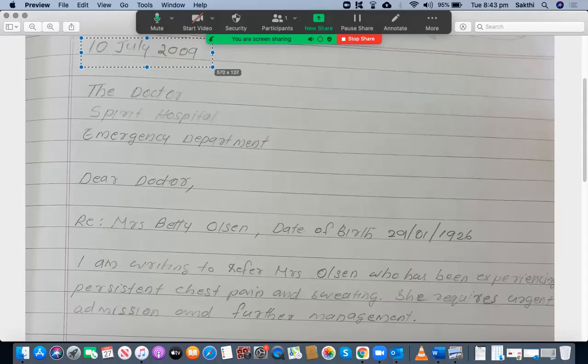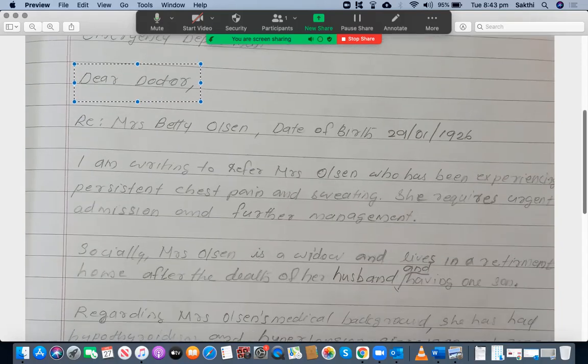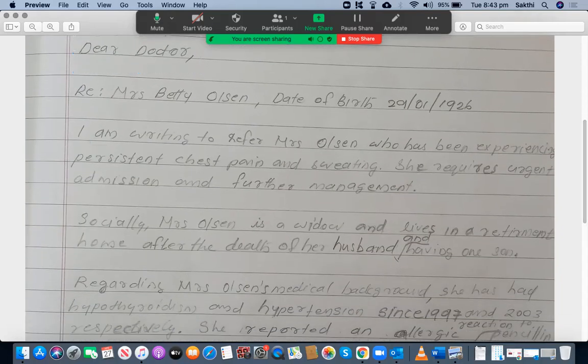So she has written the date on the top, which is good. And then she has written the addressee's contact details. So the addressee is the doctor, Sprint Hospital Emergency Department. I'm happy with this one. She has written "Dear Doctor." That's good. And then she has written "Regarding Mrs. Betty Olsen," comma, date of birth,